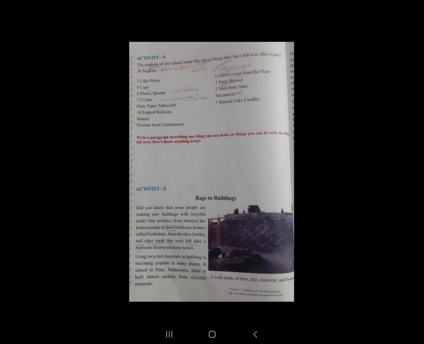One architect from America has helped people in Haiti build new homes called earthships from the tyres, bottles and other trash that were left after hurricanes destroyed many homes.